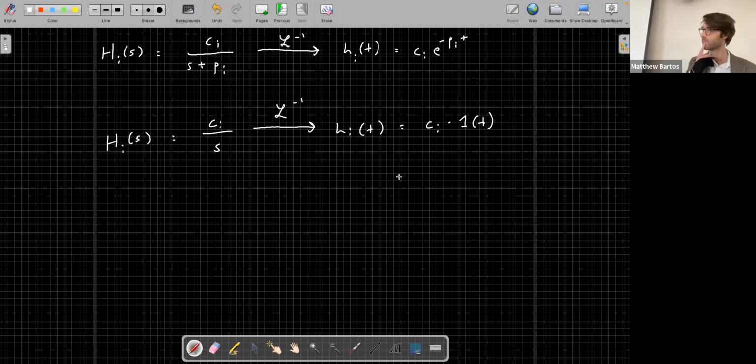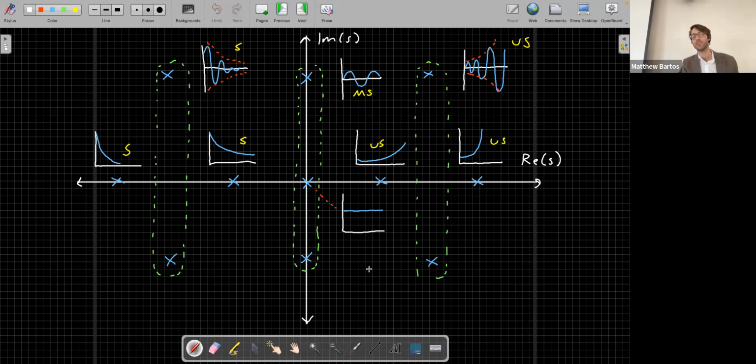Okay. So it is a constant value. Is this stable, unstable, or marginally stable? Stable, unstable, or marginally stable? Is it stable or marginally stable? You think it's marginally stable. Why do you think it's marginally stable? I can't think